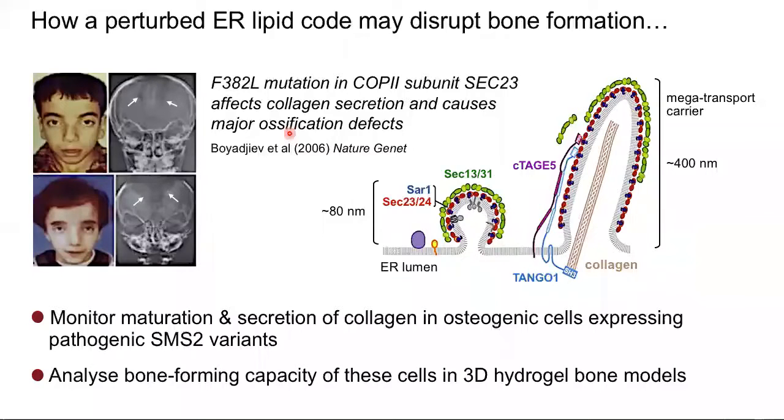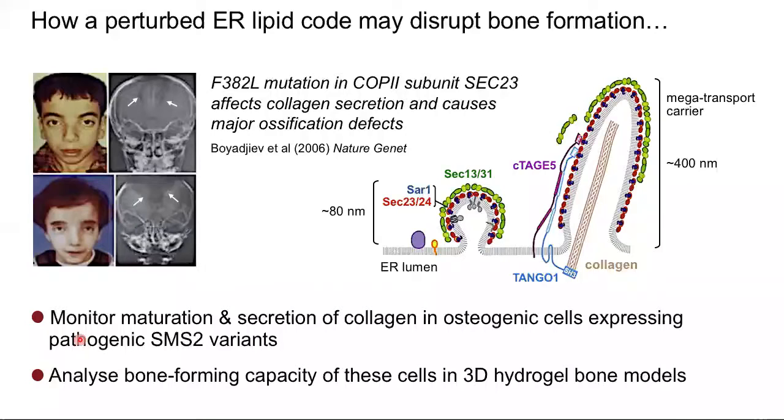Well, as I said, SMS2 is highly expressed in bone, and so it's fair to anticipate that its mislocalization would be particularly detrimental for osteogenic cells. And these cells happen to produce the largest amounts of type 1 collagen anywhere in the body. And this type 1 collagen is a bone critical protein that comprises about 80% of the total protein found in bone. And collagen secretion is actually a highly demanding process as it relies on a correct assembly of pro-collagen trimers